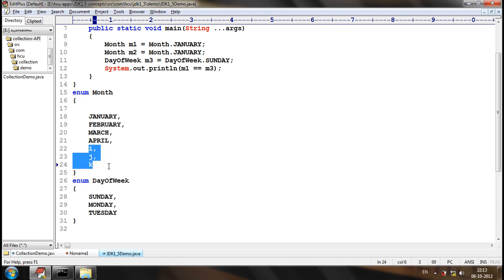Since the data type is not there, what will it do? Will it give a compile time error or not? If there is a variable, definitely there should be a data type. There is no data type here for i, j and k. Now in this case, will it give a compile time error or not?